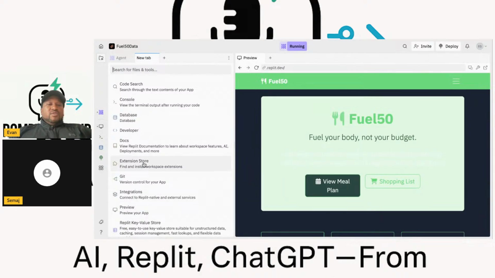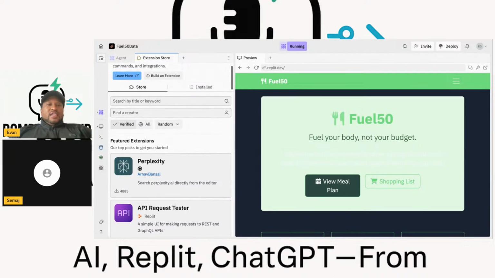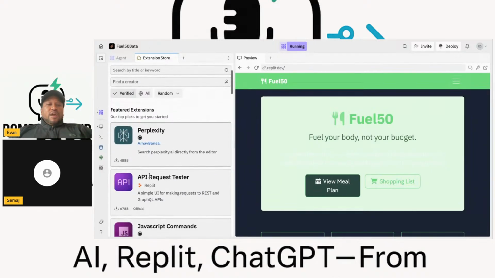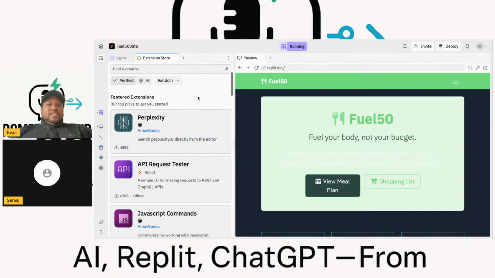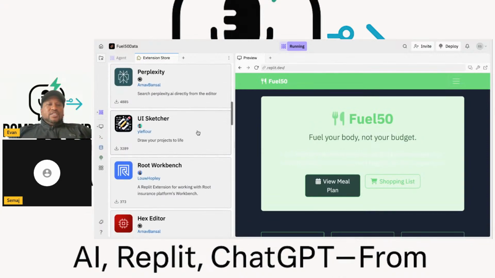So let's go into the extension store. Let's see what extensions they have here. It says make your workspace more powerful with tools. So Perplexity, API request tester, JavaScript commands, UI sketcher. Here, if you were more of a visual person, you could draw, and it would turn whatever you're drawing into life.